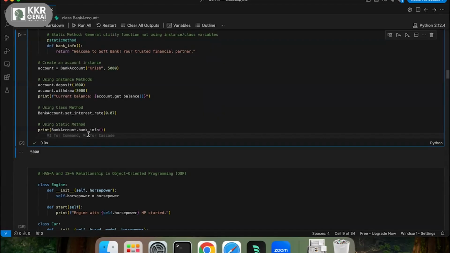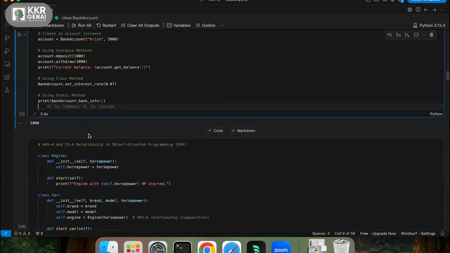Yes. If I change the interest rate, from now on, whatever operation I perform, there will be changes that happen afterwards. Hope that answers your question. Yeah, got it.